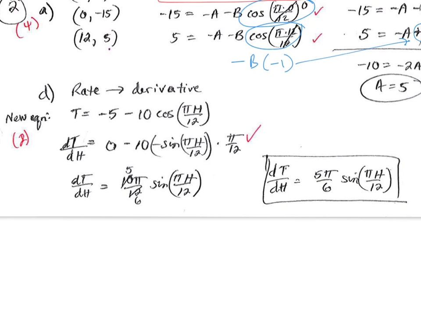Taking the derivative with respect to H, the derivative of a constant is 0, and then negative 10 is a multiple out front, the derivative of cosine is negative sine, of pi times h divided by 12, and then I've got the chain rule. So basically right here I've got u equals pi times h divided by 12. Cosine u became negative sine u, and u prime is